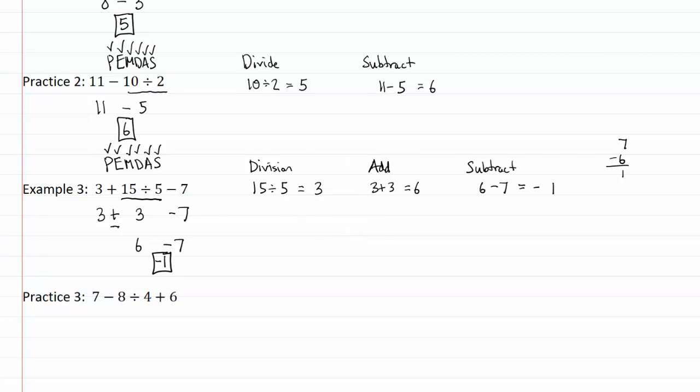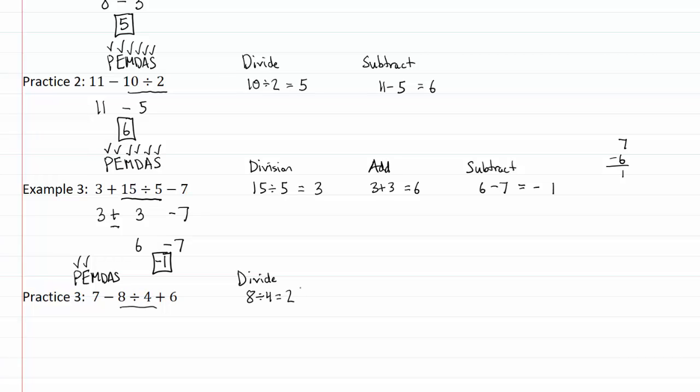Alright, welcome back. I'm going to run through the answer on problem 3. So on problem 3, we've got to use PEMDAS. I don't have any parentheses, so I'm going to check that out. I don't have any exponents. Done with that too. Now we've got to multiply and divide as we read through the problem from left to right. So 7 minus, I've got 8 divided by 4. The first thing I need to do is divide. 8 divided by 4